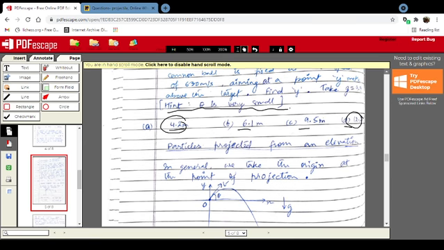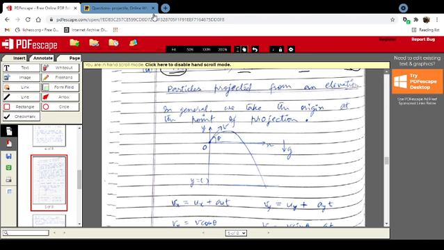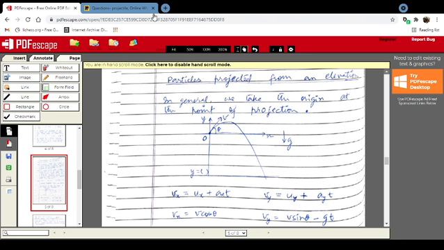So our next topic is a pretty decent idea. The idea is of particles projected from an elevation. This always seems like a new kind of idea, and questions related to this also seem pretty new to us. But from experience, we can say that this is one of the topics which has to be discussed to see that the equations and the ideas which we are using are not that different. So let's start with this.